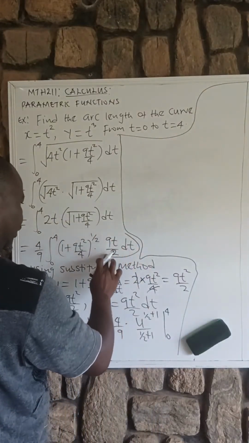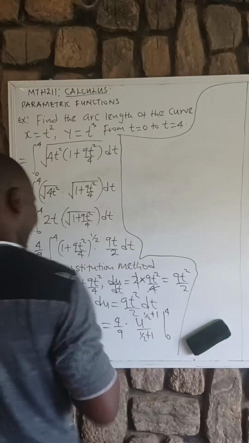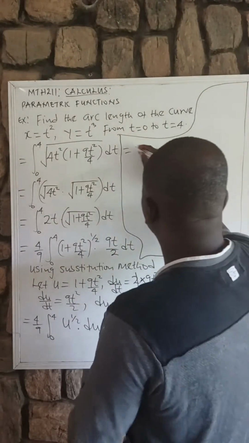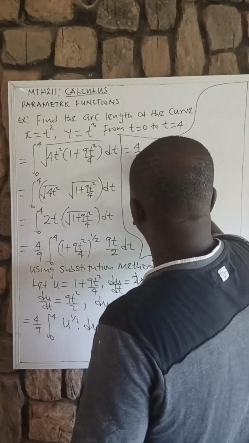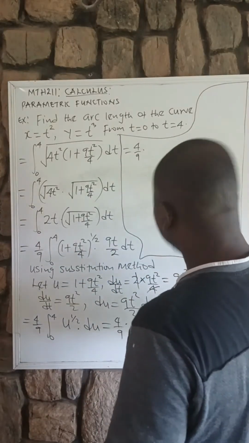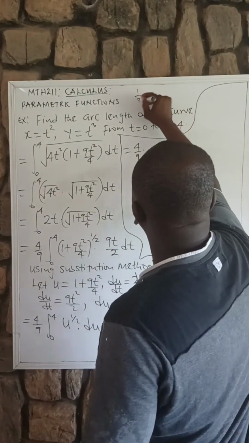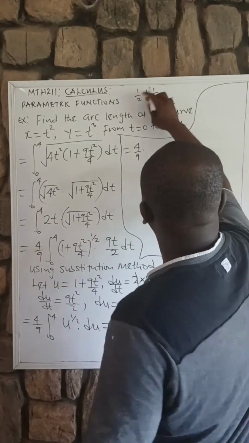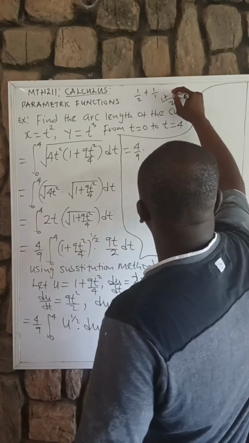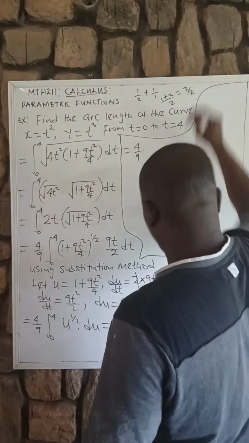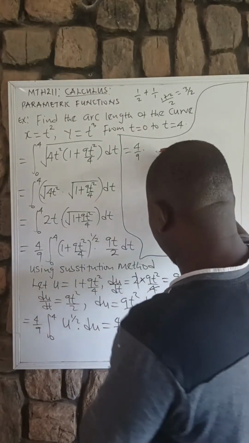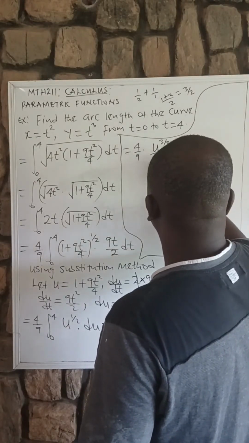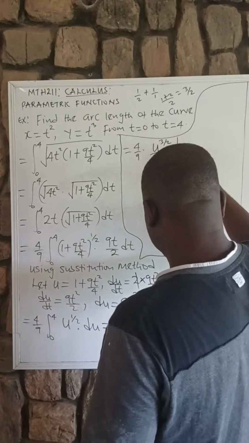Okay. So here now will be 4 over 9 times, when you take the LCM of 2 plus 1, it is 2. 2 to 2, 1. Plus 2 to 1, 2 times 1, 2. This is 3 over 2, right? So here will be u raised to the power of 3 over 2 at